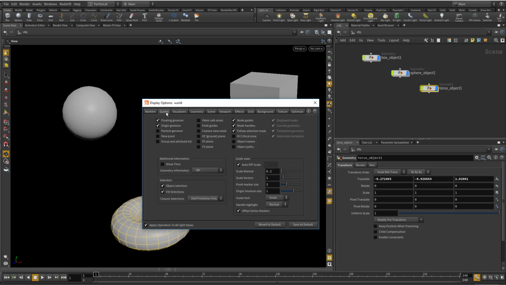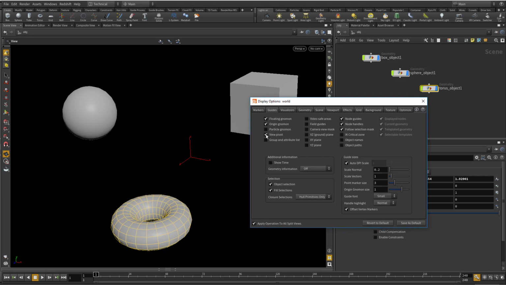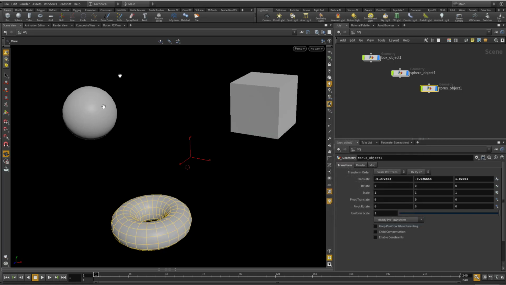Go to the guide and click on view pivot. Let me show you where the pivot is. You see, this is our pivot. Let me close it. Now,